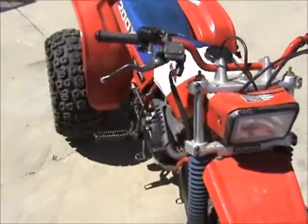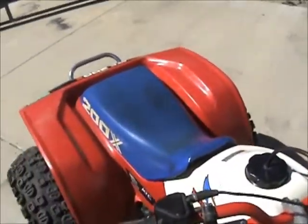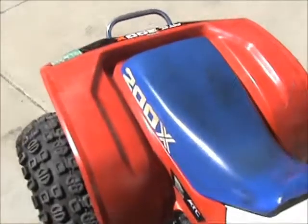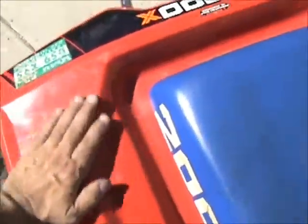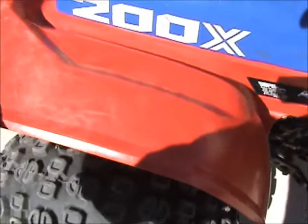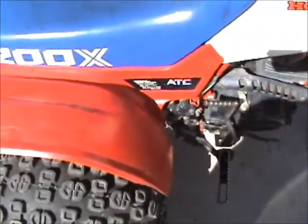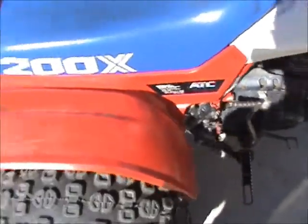So that leads me to a question. I'm going to direct this maybe at Darren. I'm going to try to catch Darren on the Mumble and talk to him about this. I'm going to throw it out there for anybody that wants to respond. What I want, the plastics on these. The plastic's in really good shape. Got one crack there, which can pretty easily be fixed up with a plastic welder. No issues with that. But I guess my question is,